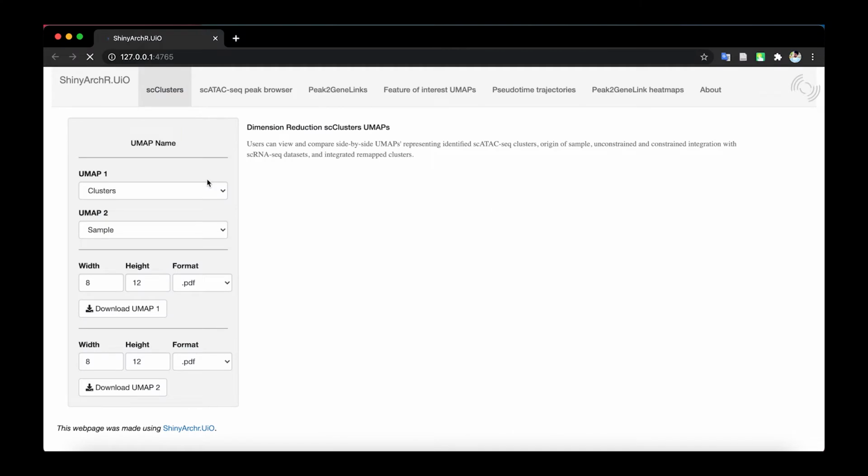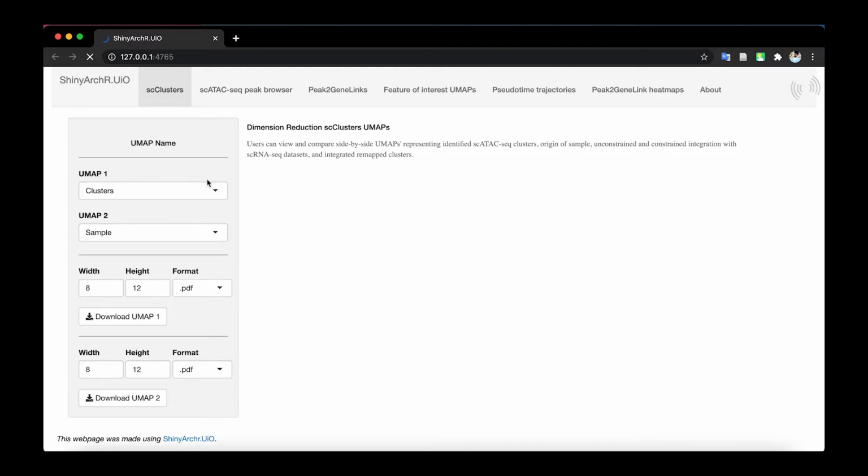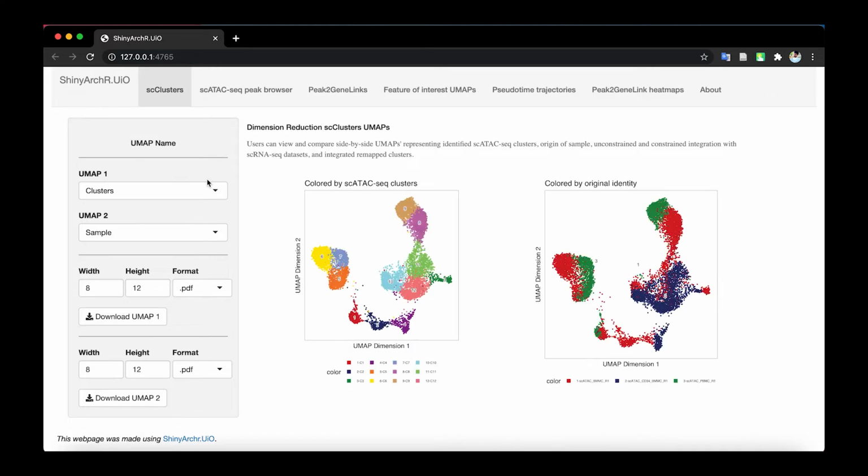App initialization will take a few seconds, and this can be seen tracked on the right-hand top panel. After the initial setup of ShinyArchR.UiO from our environment or command line, Launch Browser will open the app on your